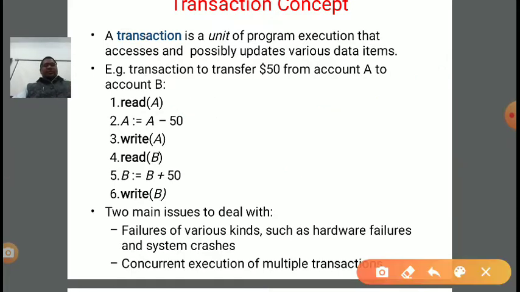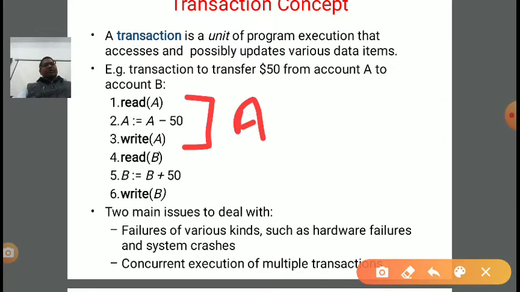So up to the third step, this is done with account A. Account A initially 1000, now account A in the database is having 950. Now the 50 rupees is not yet credited in account B. It is in between, in the air we can say.